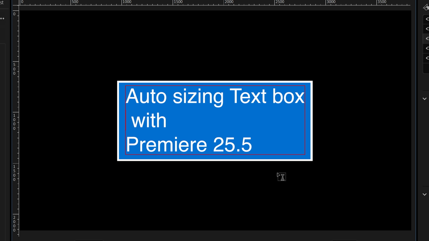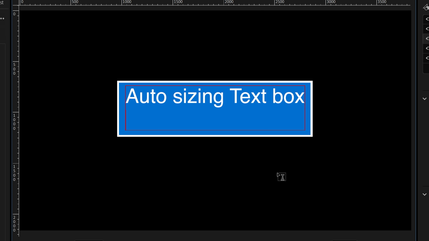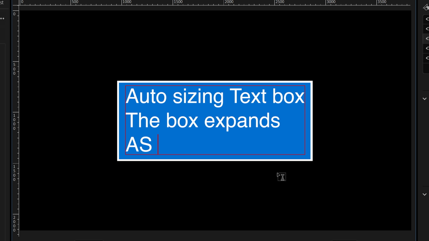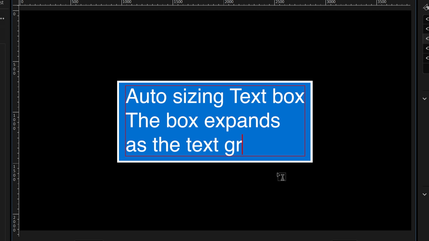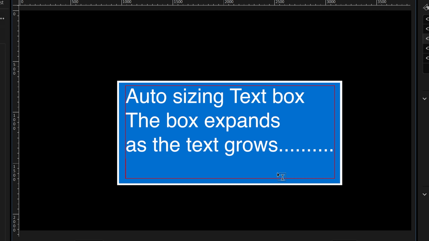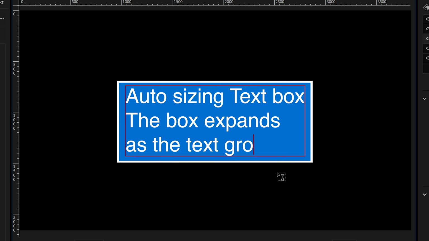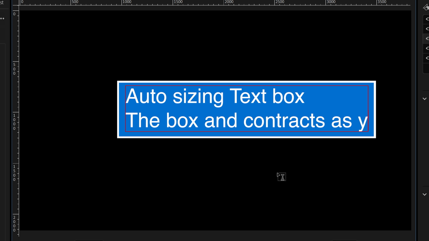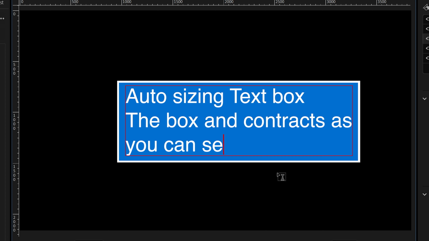In the last video, I showed you how to make this simple text box that automatically adjusts to the text that you type into it. We used a basic feature called responsive design for position, and I'm going to run through these steps really quickly because we've covered them before. And if you want the detail on how to make this box that auto sizes, then watch that video, which